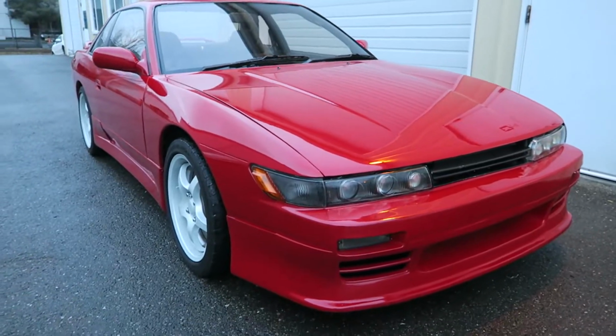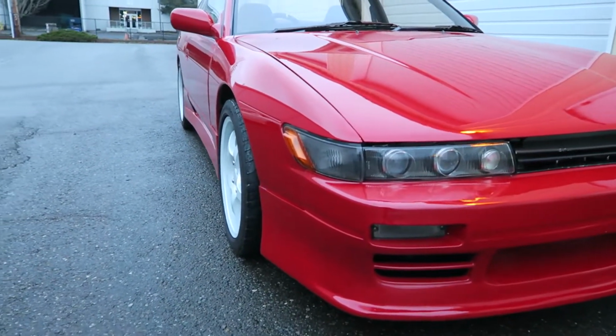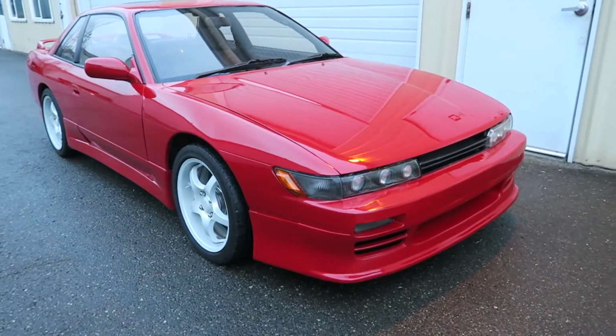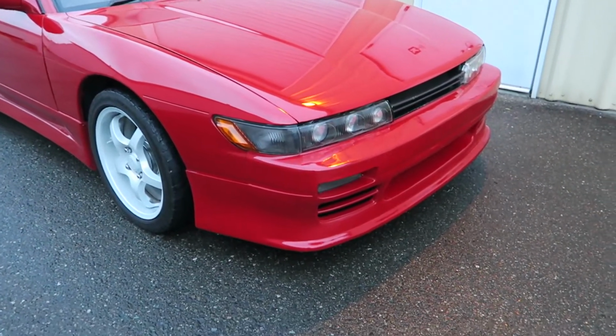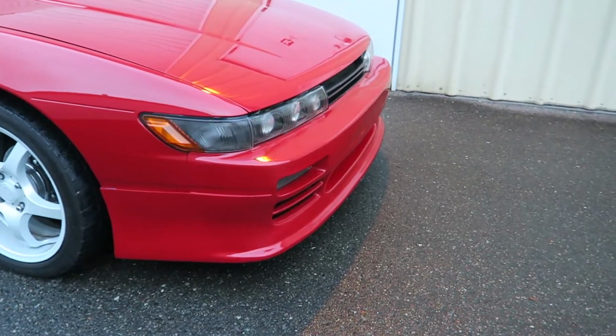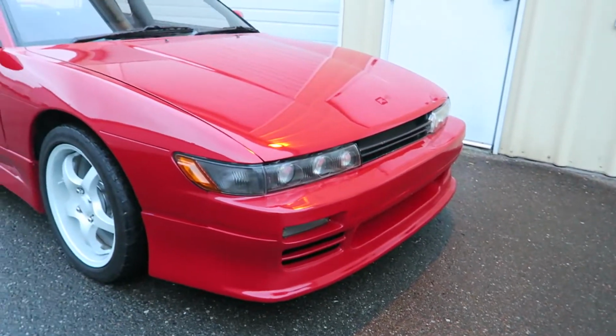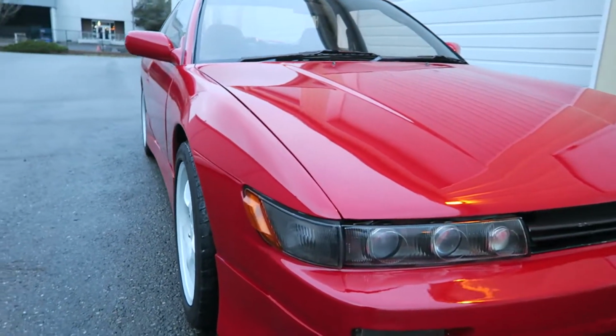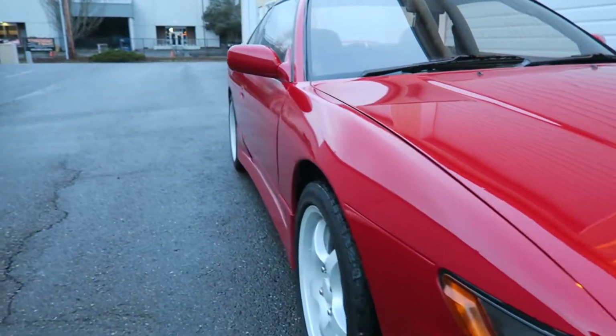This thing has been repainted. As you can see, it's super clean. The repaint was done in Japan. This is actually the color we got it. And something interesting about this car here is that this front bumper is actually a super rare K-Office Type 1 bumper. I'm gonna take you around the body here,